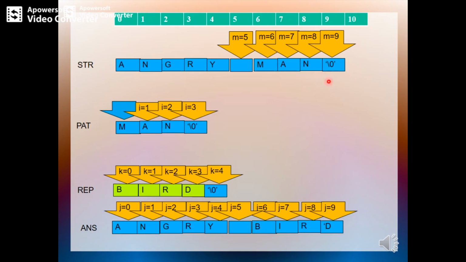After that, whatever characters come next, if present, will be shifted to the next positions. Once the replacement is done and reading of all the characters in the main string is done, you need to append null in the last position, because all strings have to end with null. So this is about the pattern matching and replacement technique, and the same thing needs to be followed in the program. Next we'll see the program.